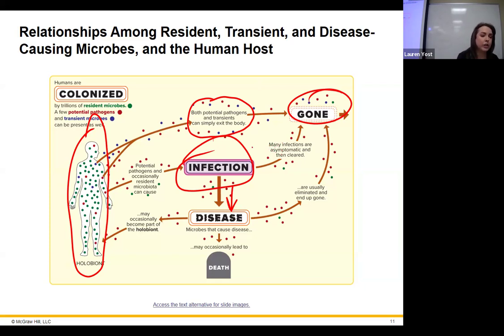However, you can have infection and just clear it and not ever know that you had that thing growing in the area it didn't belong. Maybe you had no symptoms or whatever, and your body got rid of it and it was just gone. You'd never know about it, but yeah, that's your immune system working.